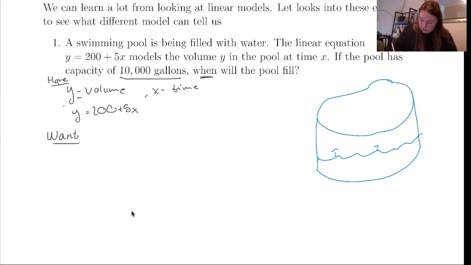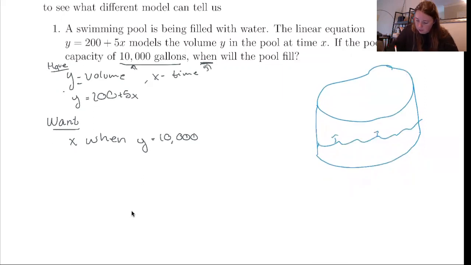So I want x when y equals 10,000, right? I want to know the time at which my volume is 10,000. So that's another way of thinking about it. Okay. So I have this equation y equals 200 plus 5x. That gives me two unknowns, y and x. So I set one unknown to 10,000 because that's what I'm interested in. So instead of y equals 200 plus 5x, I'm going to do